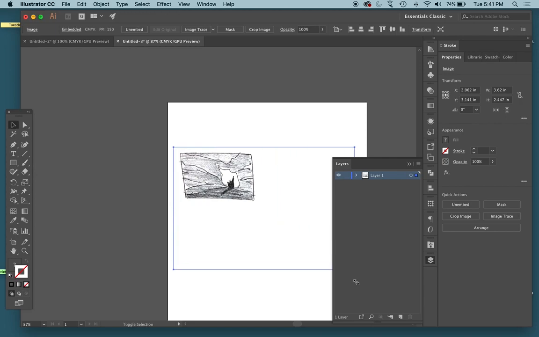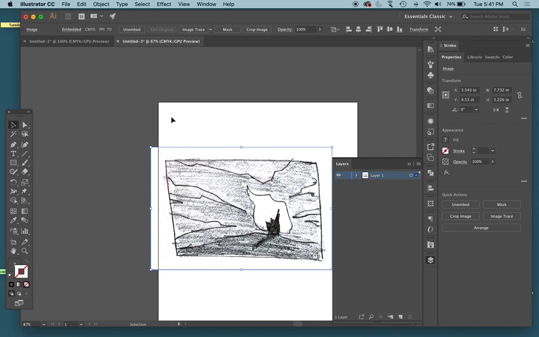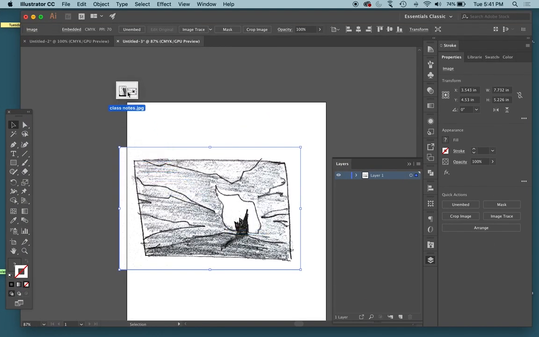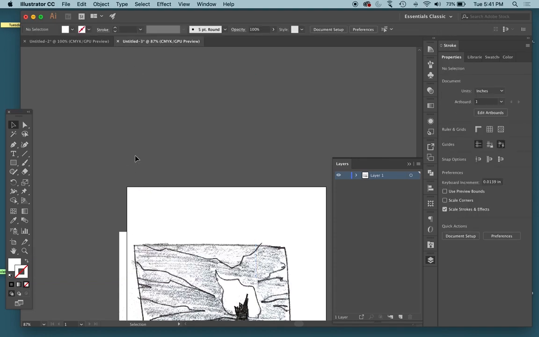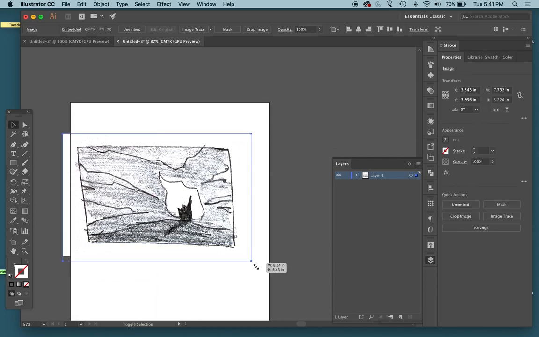So remember also, anytime you import a new image file, make sure you click Embed. Right now, it embeds it automatically if you crop an image. So if you are not doing a crop, you need to hit Embed there. Okay? Simple as that. All right, so make sure you guys are caught up on the previous videos about using